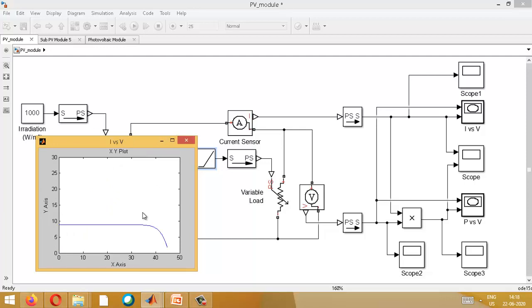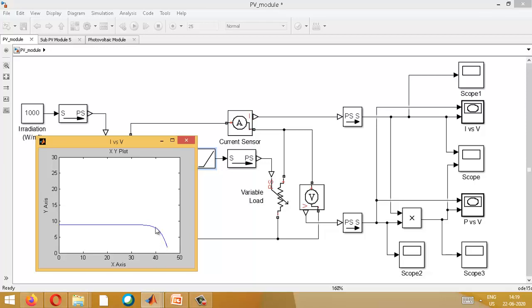Now this tells about your solar panel. See, when you operate, your solar panel output is around 8 amps to 9 amps. So when your voltage is increased beyond this particular value, current starts to decrease. So you should operate at this particular value.